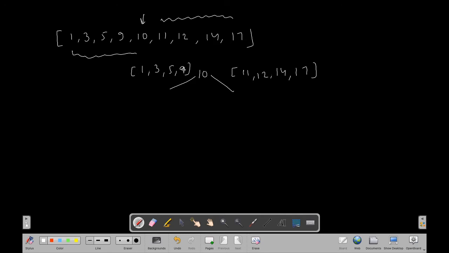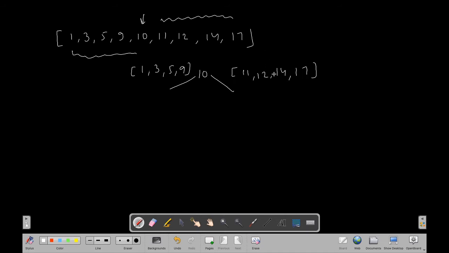Since we are going to use recursion for this problem, we can again find the middle element from these two arrays. We have divided the array into two parts, the left and the right, so again we have to find the middle element from each to create the next root or parent.